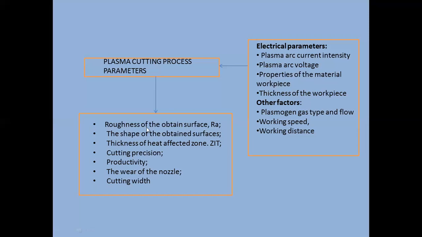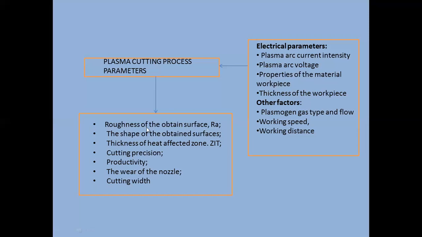We'll see what the capacity is: up to what range of surface roughness can be obtained, up to what range of productivity can be obtained. That we'll see in the process capabilities. So these are the major factors that can help in estimating the performance of a particular process on a particular material.